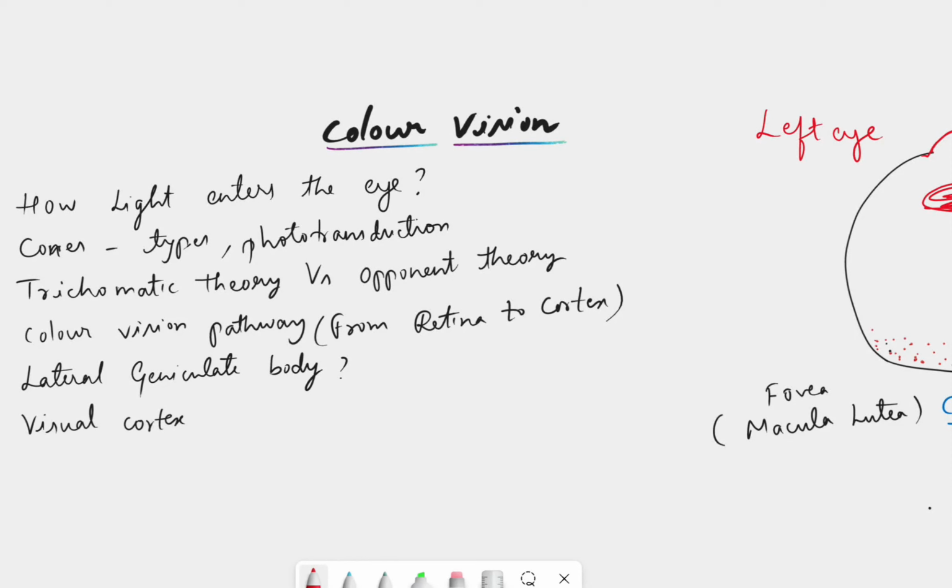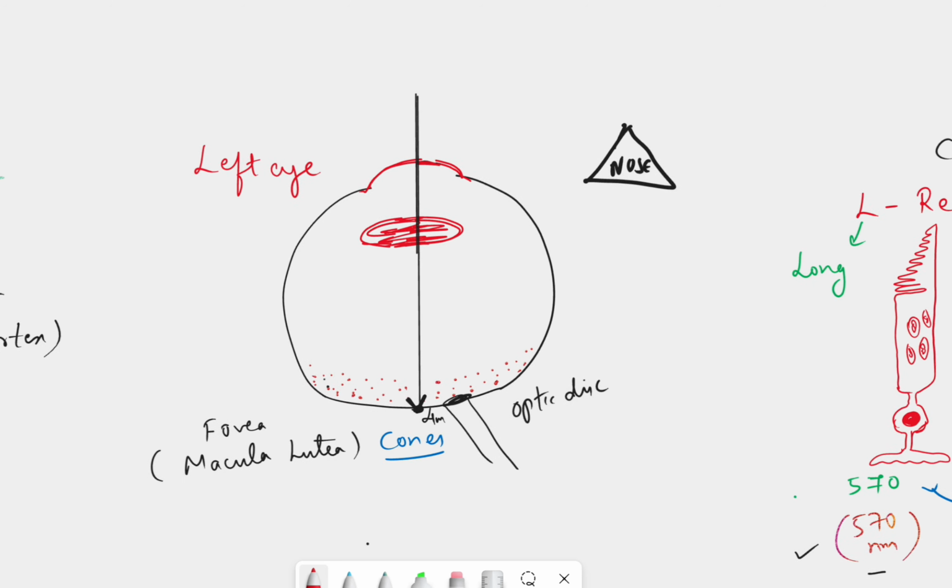Think of color vision like a camera system, where light enters the eye and is captured by the sensors, that is your cones, which are present in the retina, and that is converted into electrical signals. Then further processing happens step by step until the brain finally sees the colors, right? So if you see this picture here, light enters the eye through the pupil,